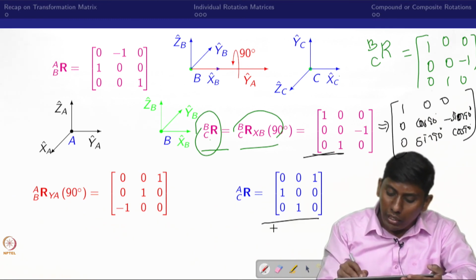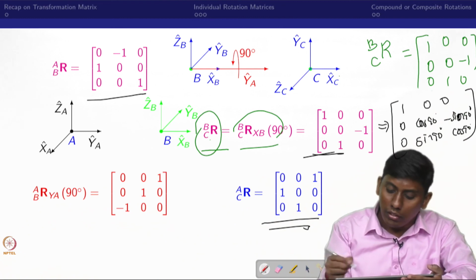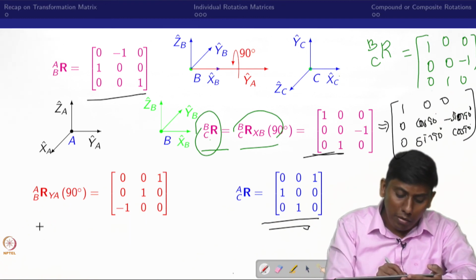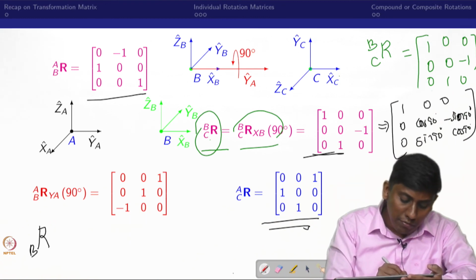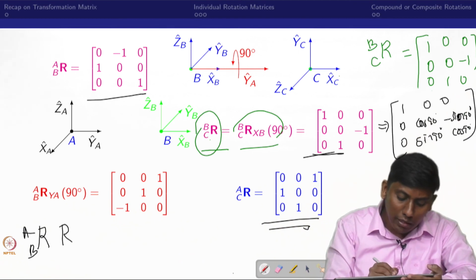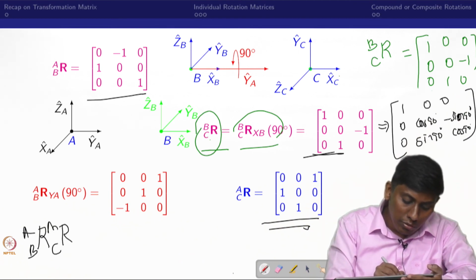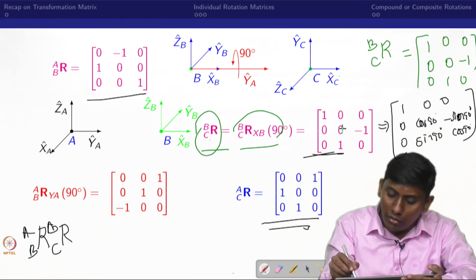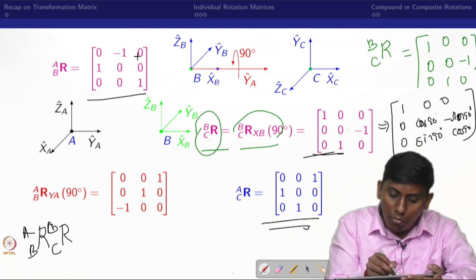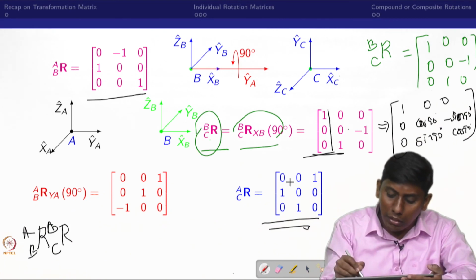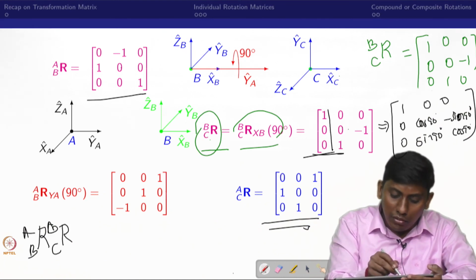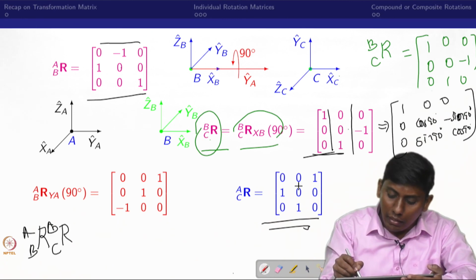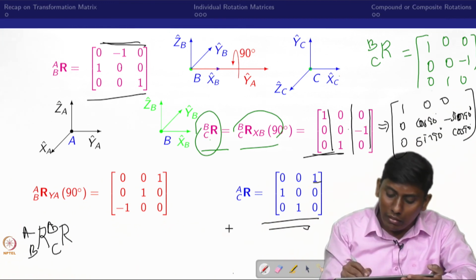Now you need to get this, right? Already you have this. So what you can do is multiply R_BA and post multiply, right? That is what we have seen. So if you are multiplying this, post multiplying with this, you can see 0 -1 0 multiplied here becomes 0, and this, you can see again that would be 0, this multiplied with this, -1 -1, so it becomes 1. Similarly you can see this is coming.